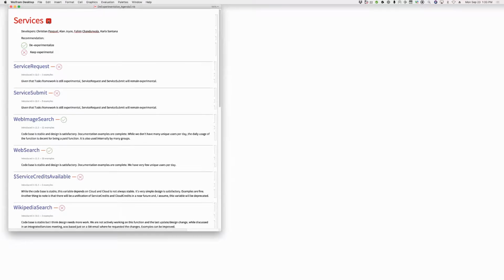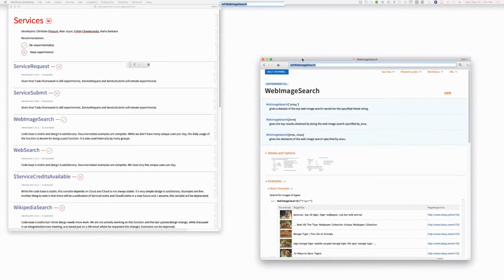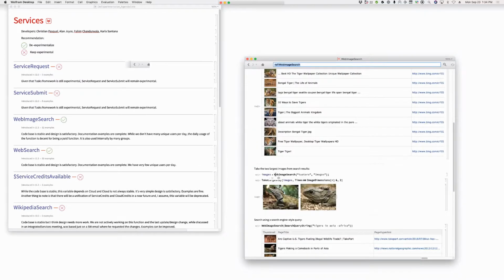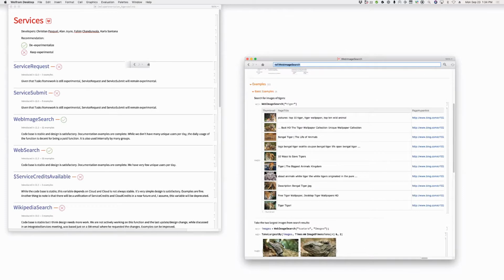So the question is, should we be committing to these functions forever? And we are looking at these. Okay, for WebImageSearch, I've already said I would like to change the default. Yes, we already did it. So we need to push a new backlit and update the documentation, but we already have that working locally. Okay.